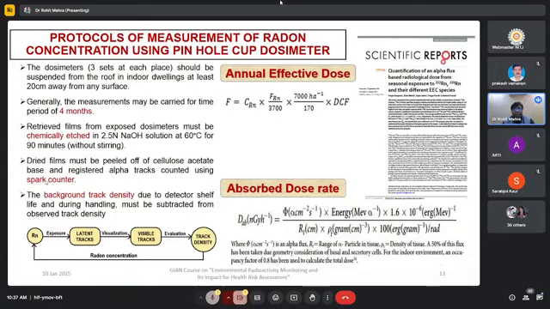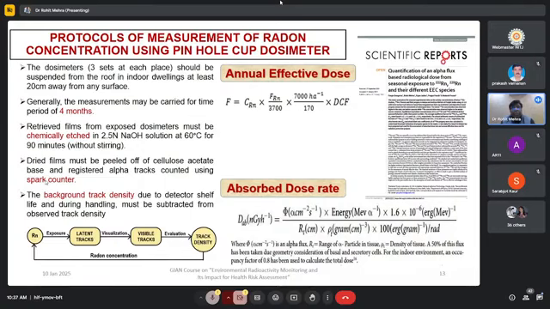So I think you got an idea of how to make 2.5 normal. The atomic weight of sodium hydroxide is 40. So you multiply 40 with the normality, that is 2.5, meaning 100 grams of sodium hydroxide in 1 liter of water will give you 2.5 normal sodium hydroxide solution. And if you want to take 250 milliliter of water, you could take 25 grams.